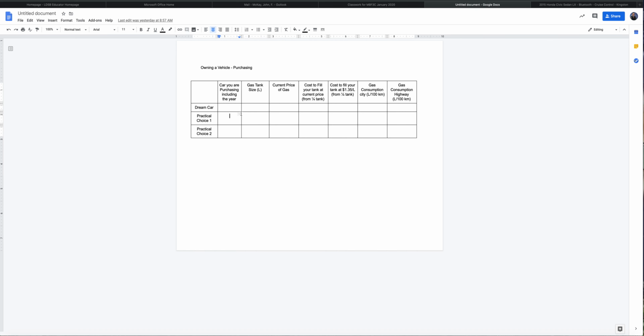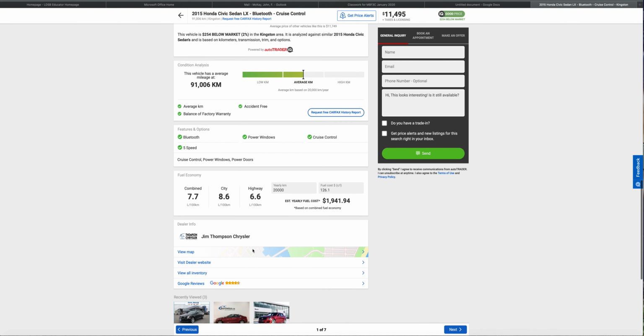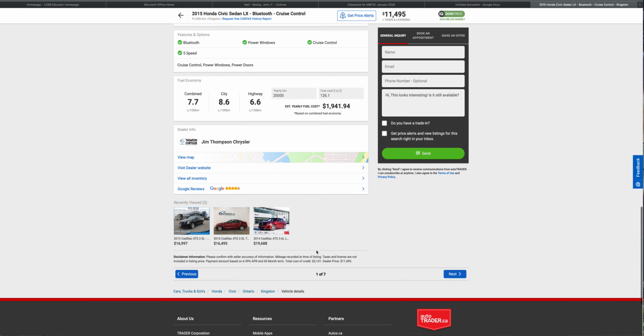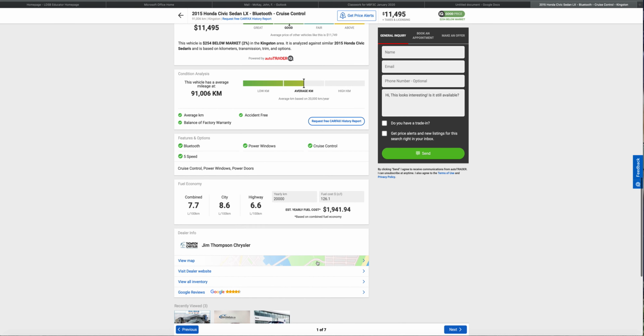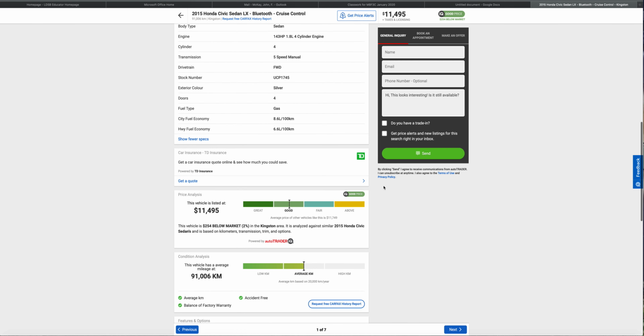So we can put in our practical choice here: a 2015 Honda Civic, and then the gas tank size. You can go over and say, is it here or is it not here? Sometimes it's down, sometimes you can find it, sometimes you can't. So if you can't find this particular one, you can always do